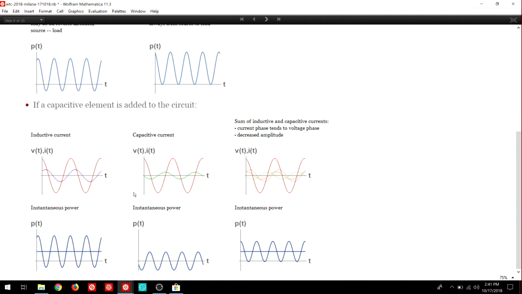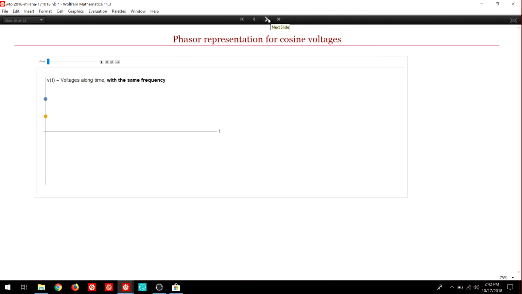If we sum some current that is leading, whose peak occurs before the peak of the voltage, we can get a curve that is less displaced. So to calculate the exact current that we must sum, or the exact capacitor that we need to add,